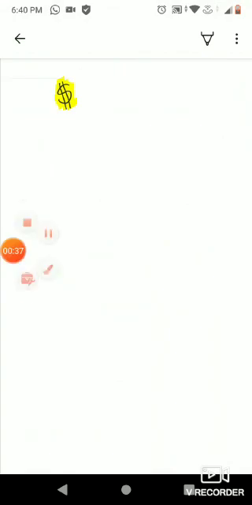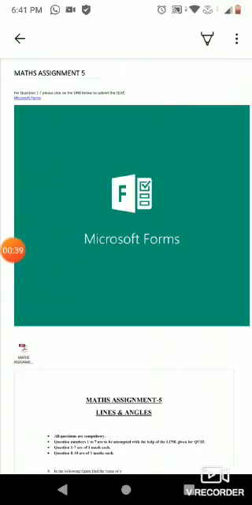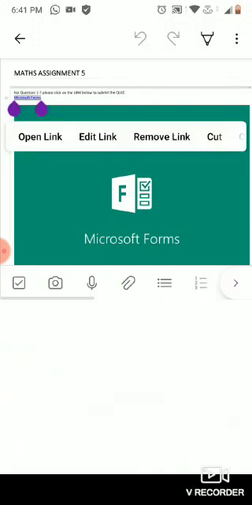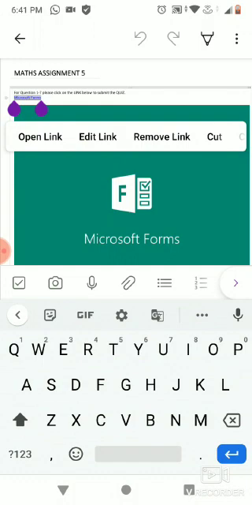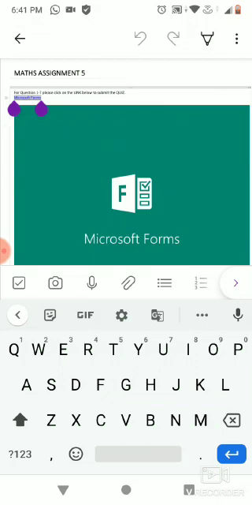As soon as the assignment opens, you will be able to see that it is a part of your notebook. Now once the assignment opens, you have two parts in the assignment. The first one is objective, the second one is subjective. To go to the objective questions, you have to click on this link of the form, because this is very similar to your PT1 exam. So just select that Microsoft form and click on open link.